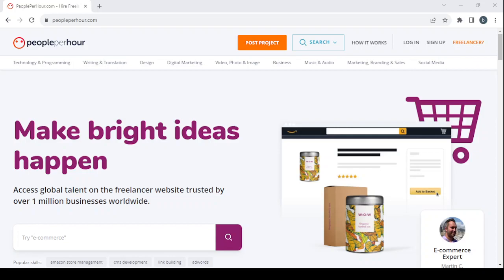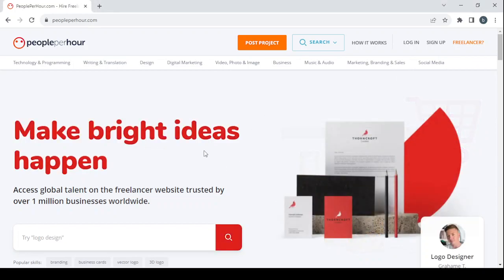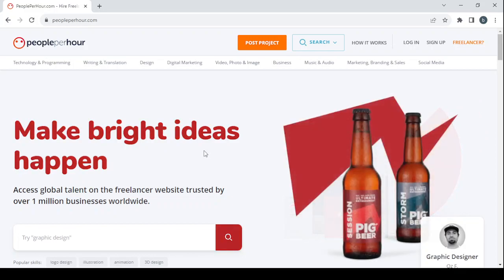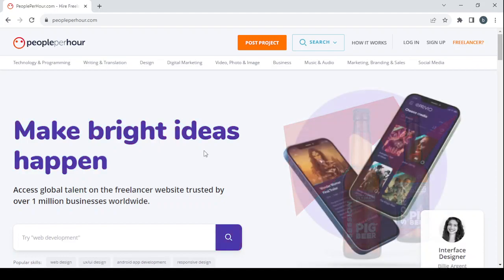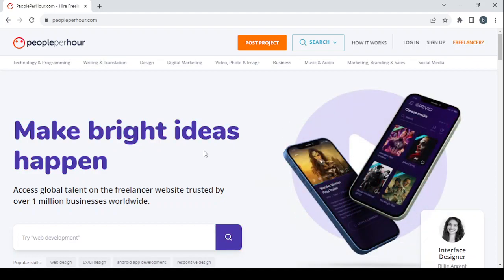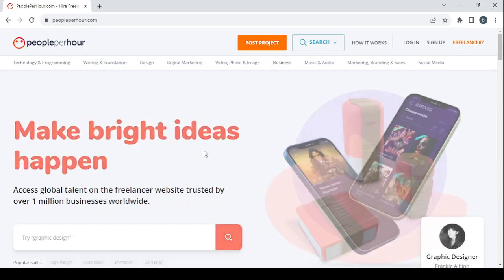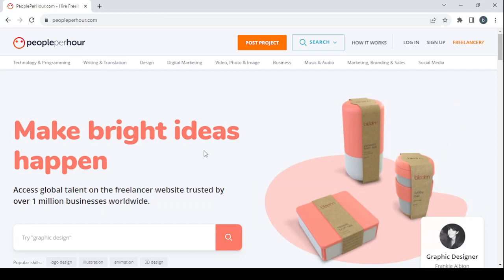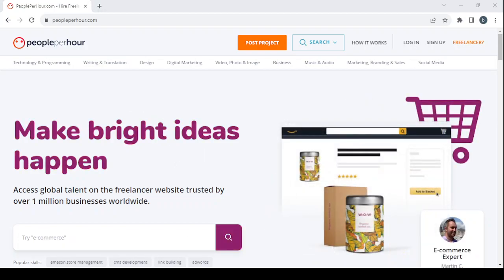So let's get started by first explaining the platform for you. People Per Hour is a platform where you can list your own skills by creating your profile in order to get hired for a job, a project, or a gig from individuals or business owners who are looking to outsource their tasks and get some professional work done. So for example, if you are a cartoonist,